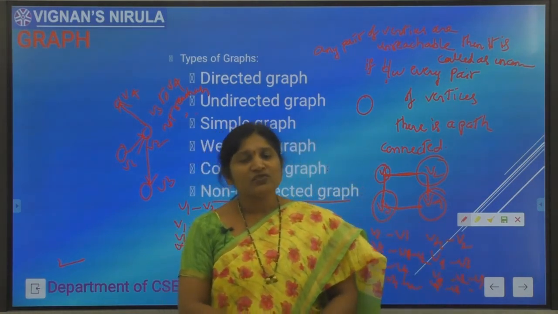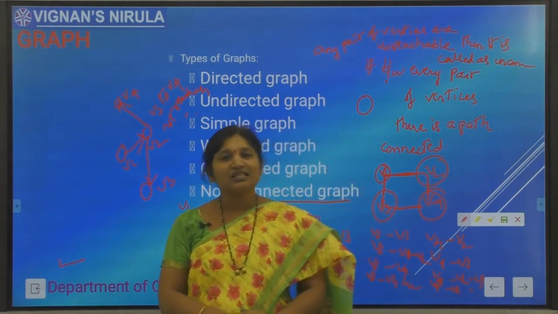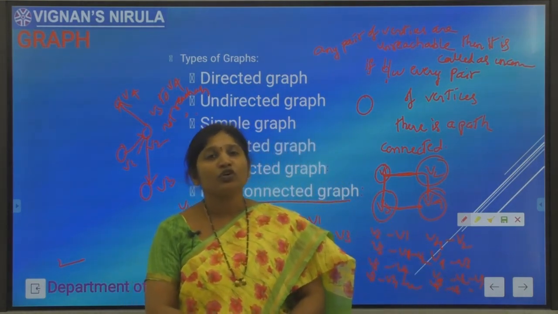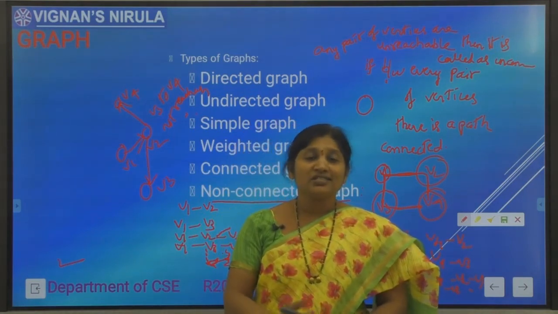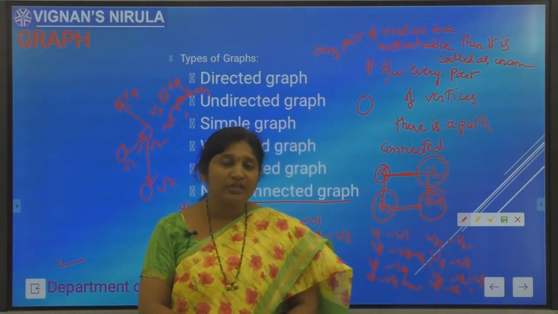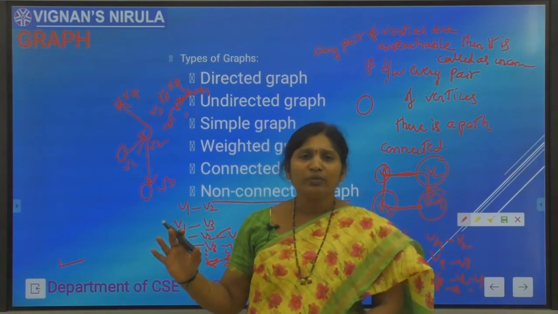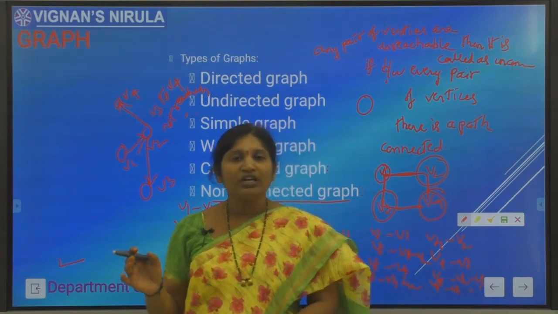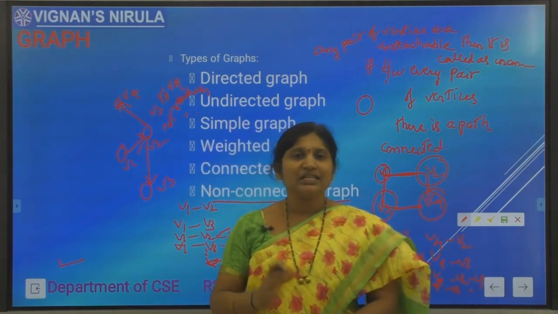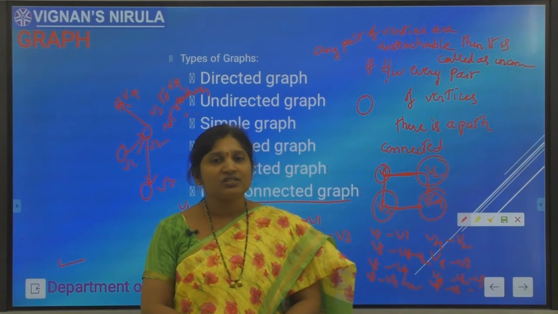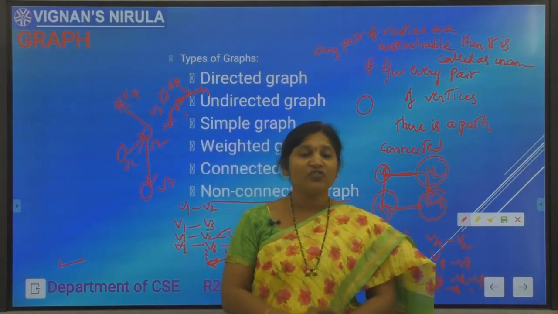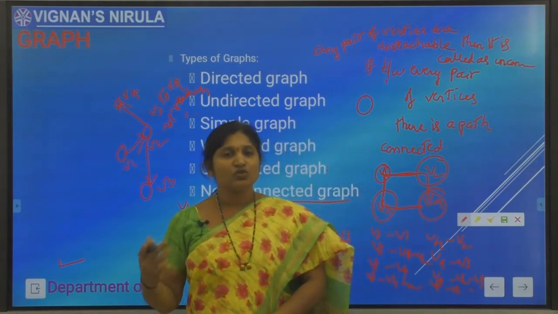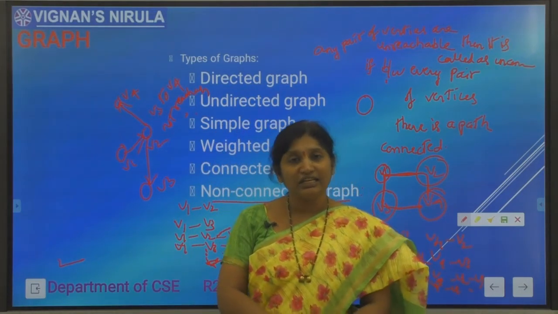Coming to the classification, data structures are classified into two categories: primitive data structures and non-primitive data structures. Primitive data structures are the fundamental data types supported by the programming language itself. Non-primitive data structures are based on the primitive data structures, and are again divided into two subcategories: linear data structures and non-linear data structures. Linear data structures identify a linear kind of relationship among the data items. The non-linear data structures organize the given data elements non-linearly.